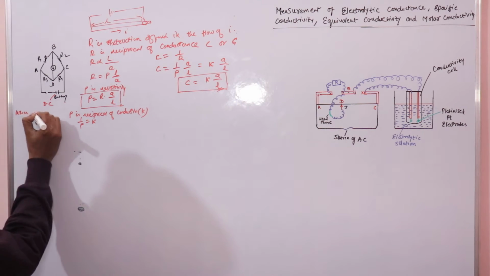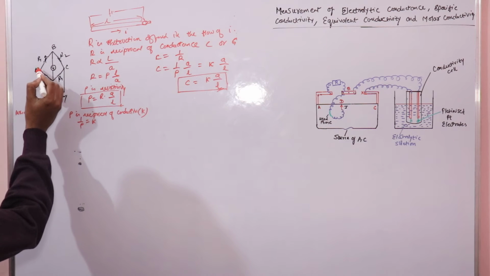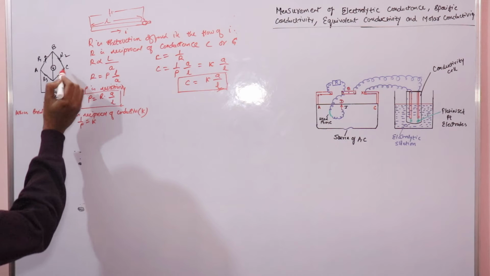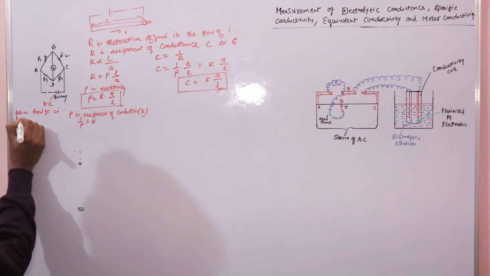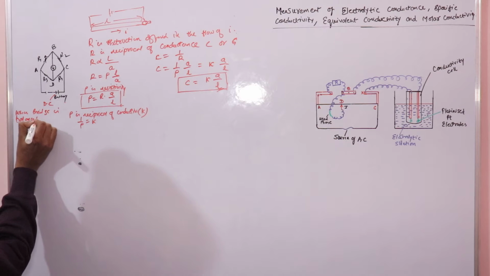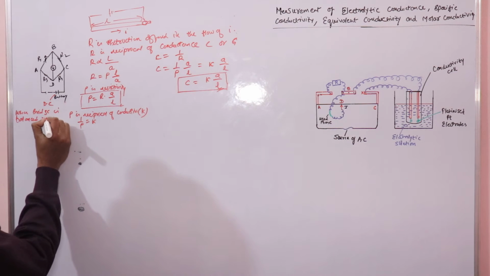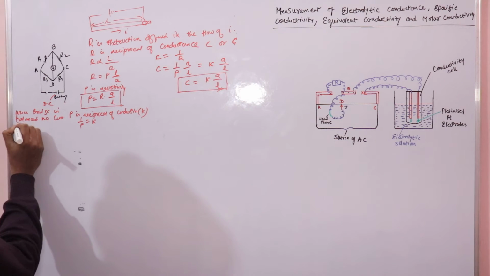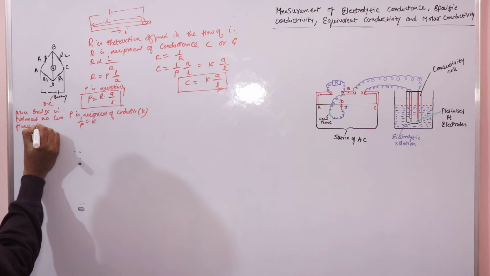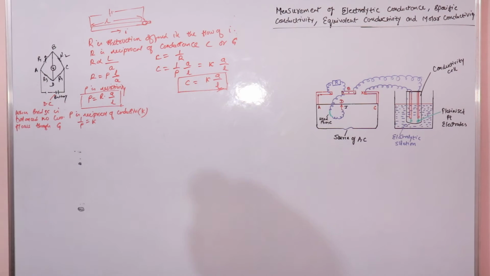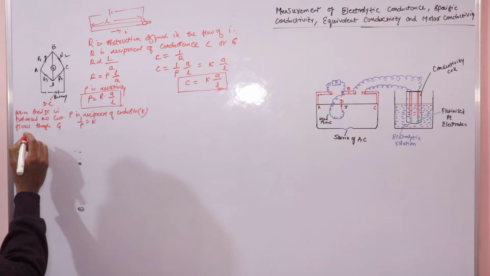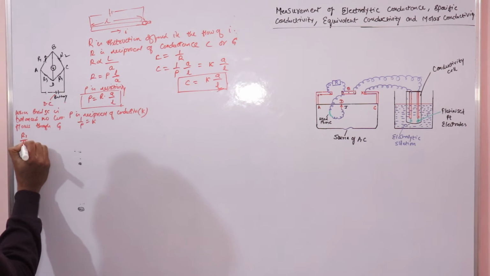So we say Wheatstone bridge. Why do we say it as bridge? Because these are arranged as a bridge. R1, R2, it's kind of a bridge, right? When the bridge is balanced, no current flows through the galvanometer G, right? So at that point, when no current flows through the galvanometer, we have the ratio of R1 upon R2